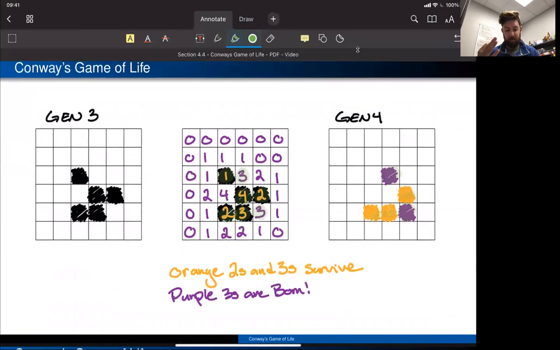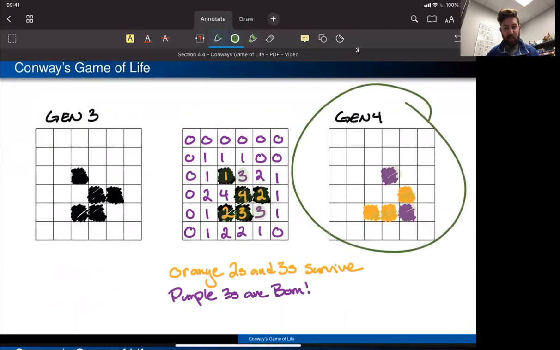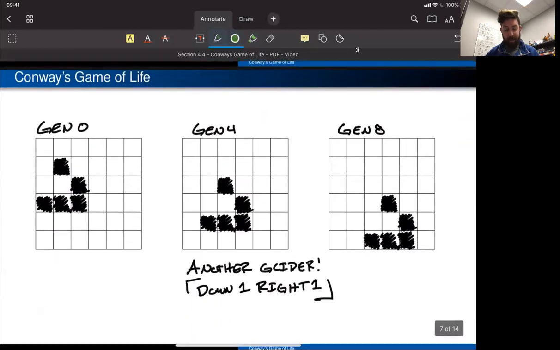What you can also see is that down here at Gen 4, we're basically back to where we were in the beginning, except we've been clicked over 1 and down 1. So we've reconstructed another glider. So this cool little glider is then going to kick out that cool little glider. Well, if you go 4 more clicks into the future, you'd get another glider that's then moved over 1 and